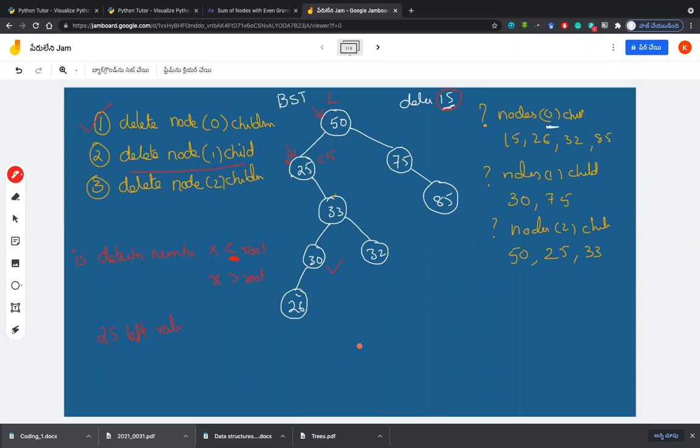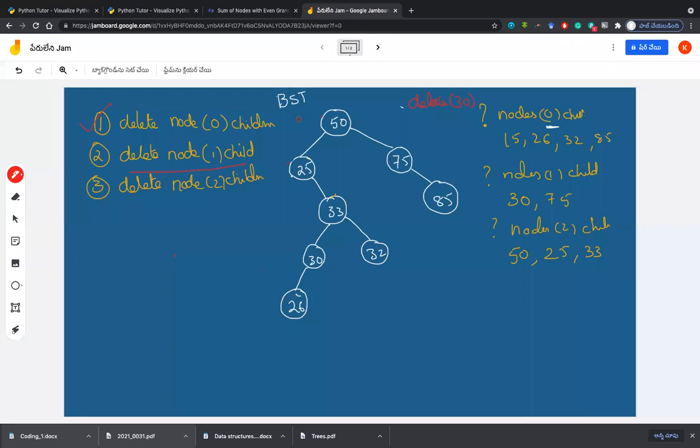Again, use the same thing: when you are at root 50, the first condition that you will check is whether 30 is less than 50 or greater than 50.